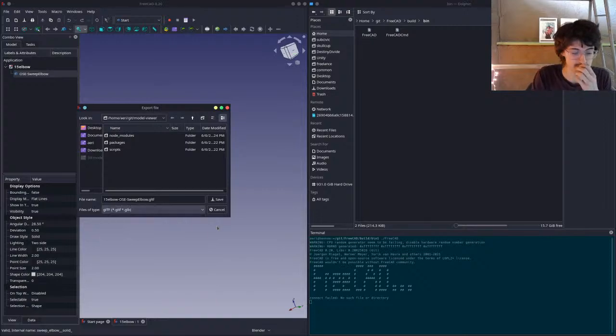See, there it is. It worked. It freaking worked. Yeah, so now we have a workflow to export. We can export directly from the FreeCAD files to GLTF. And so let's